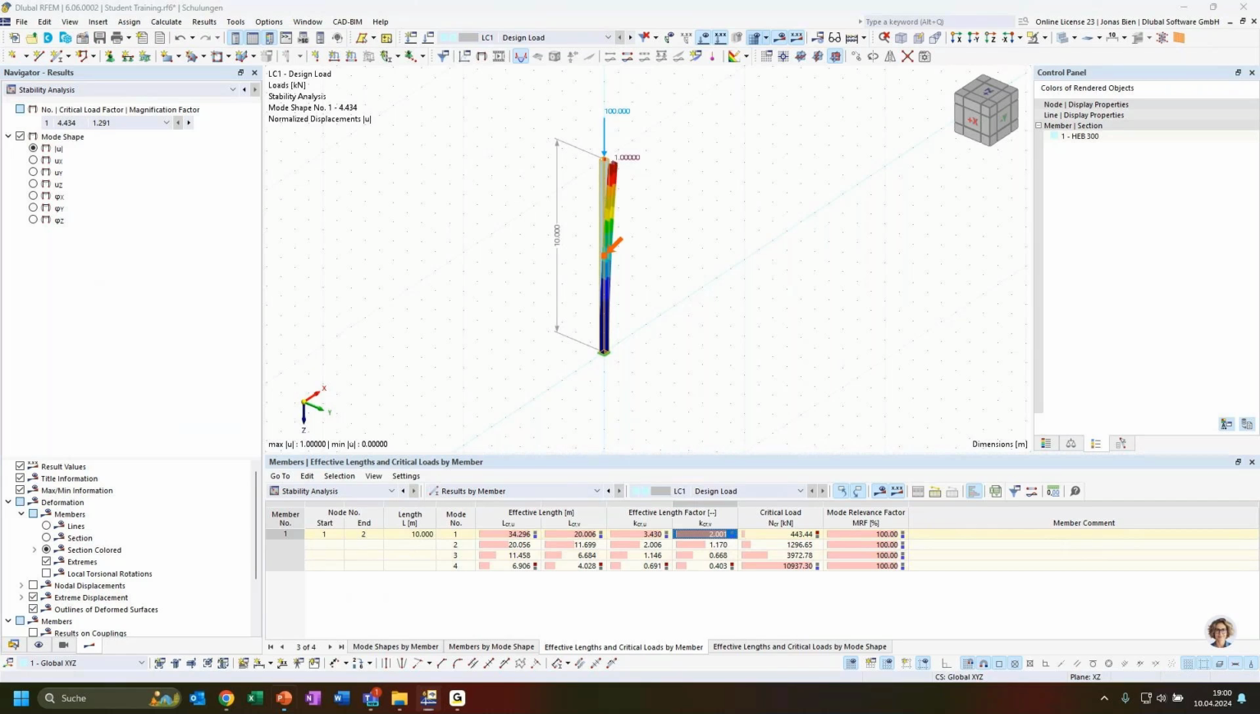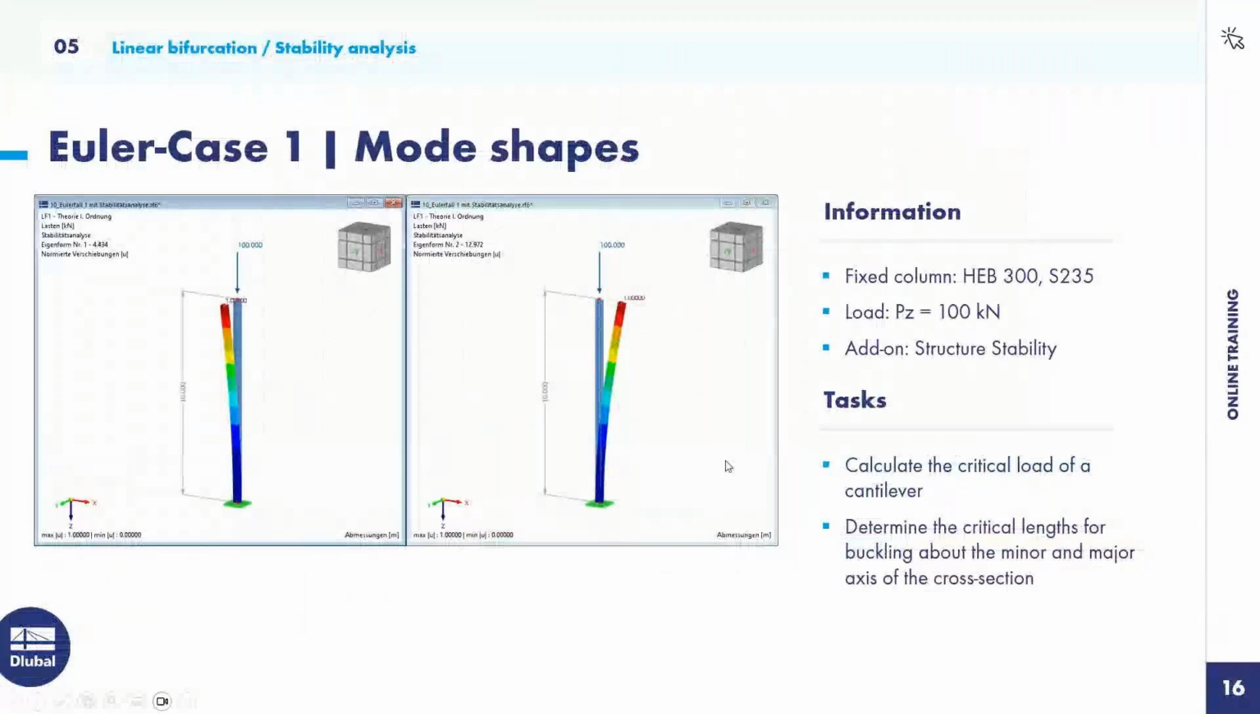And what is done in the background is quite easy. So that would be the formula that Euler determined for the calculation of the critical buckling load for those simple column systems. And when we know our critical buckling load, and that is determined by our eigenvalue analysis, we can rearrange this formula to determine our